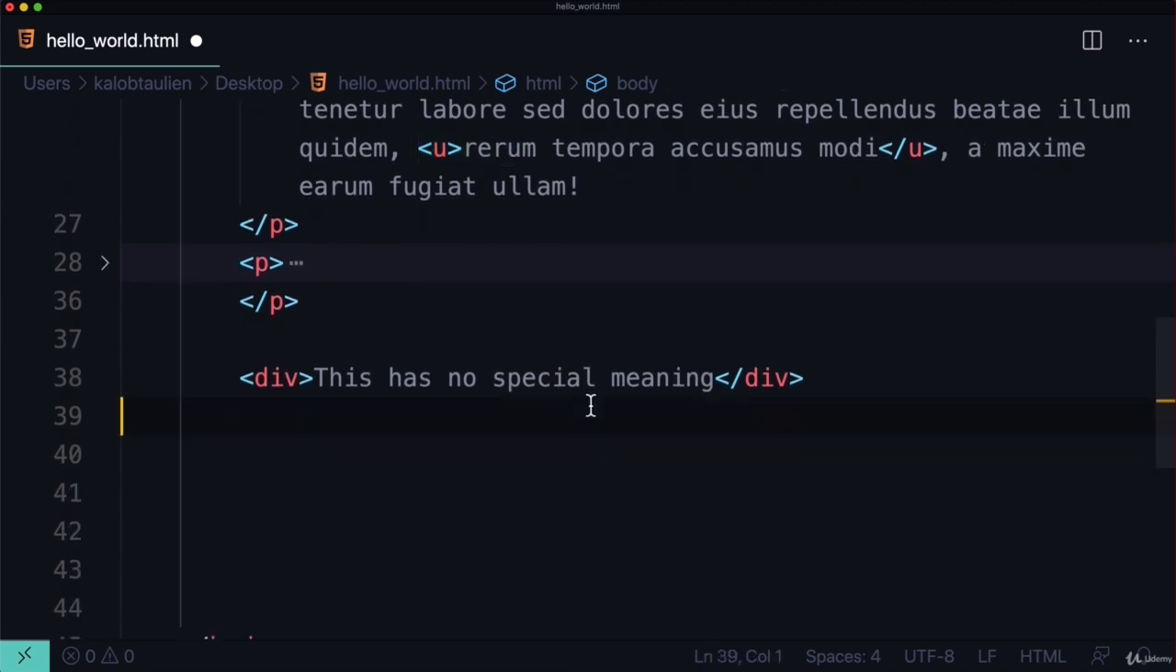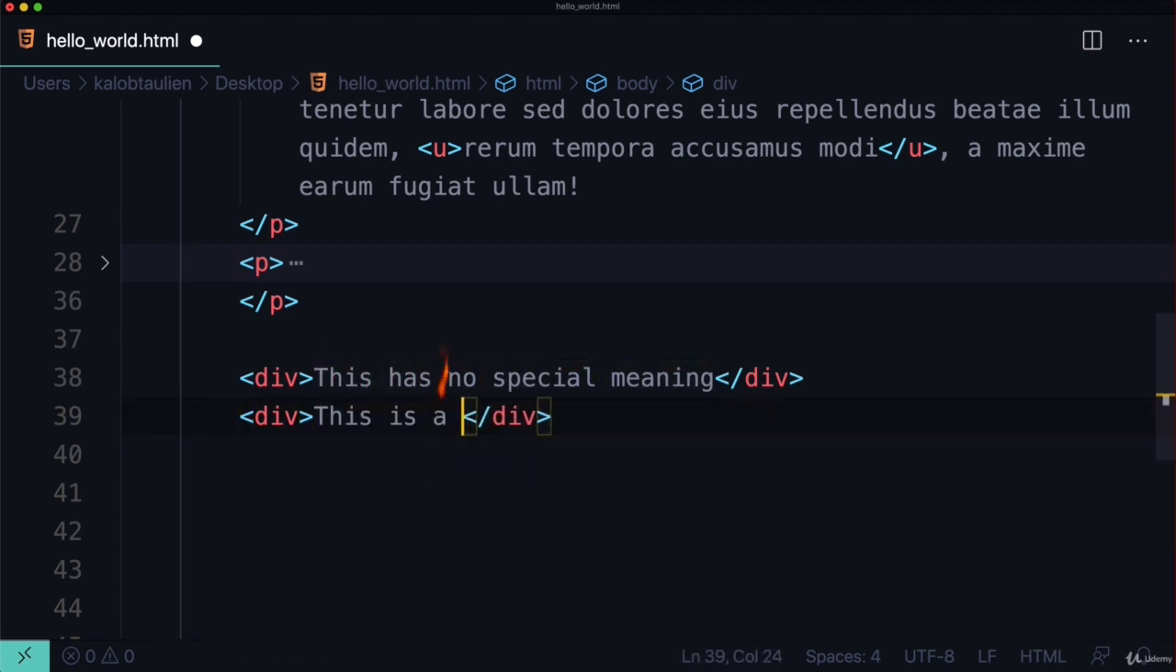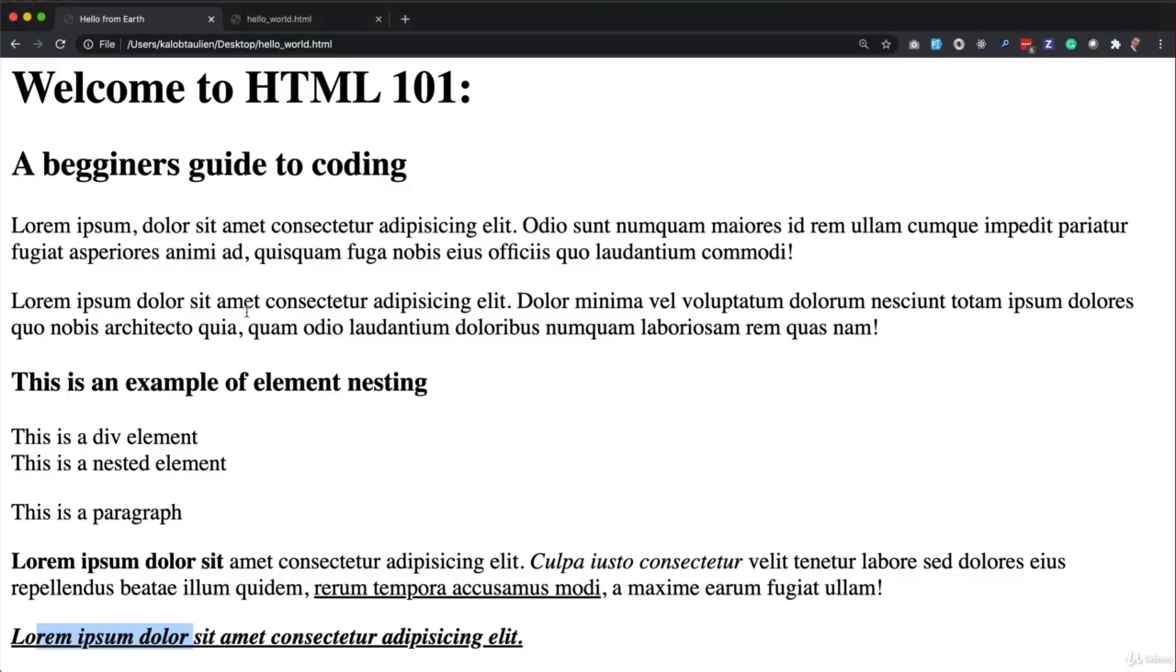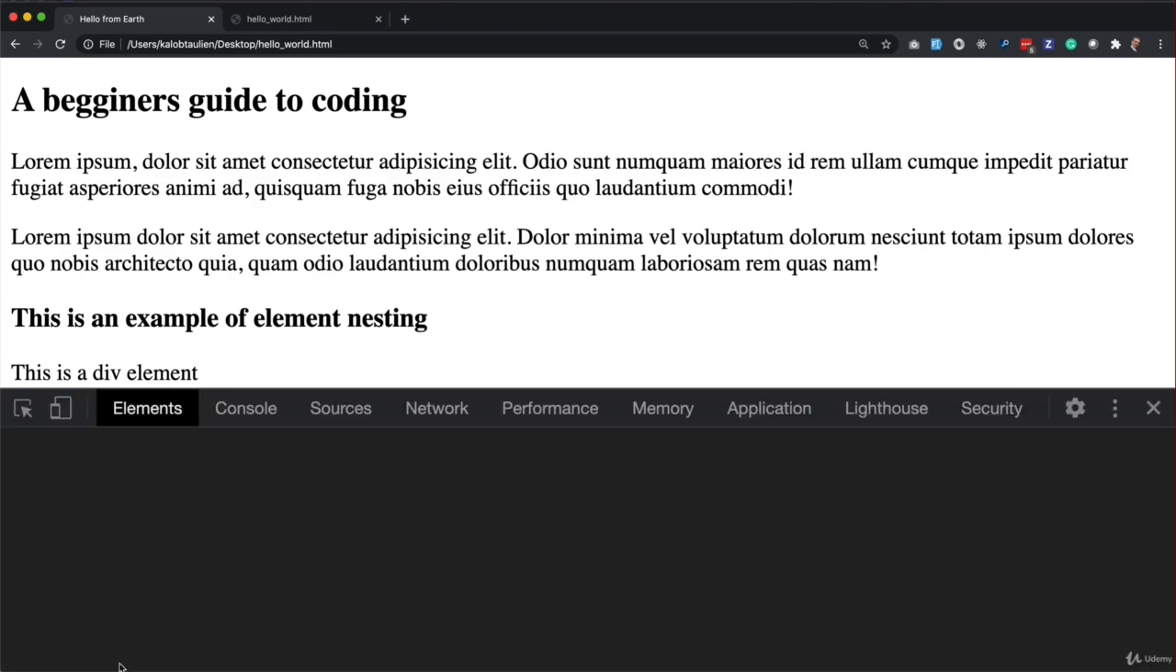This gets into the concept of block elements versus inline elements. A div is a block element. What I mean by that is if I just hit Command C or Control C, and then Command V or Control V, I just copied that whole line over, and this is a second line. Let's save that and refresh our page. You can see down here, it says, this has no special meaning, this is a second line. And if I right click and inspect,